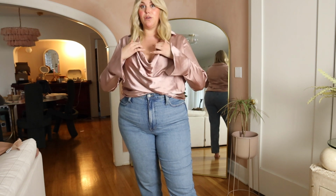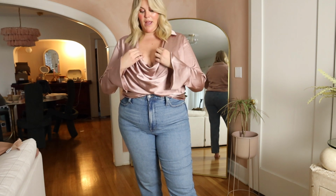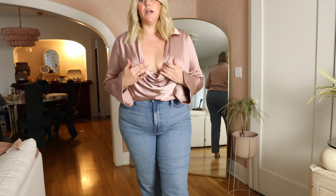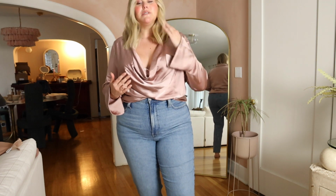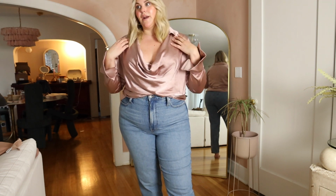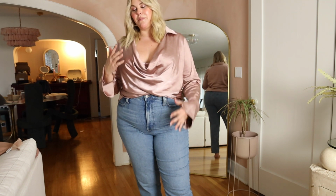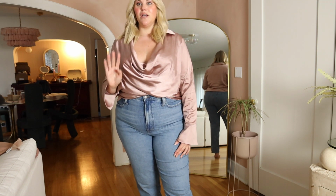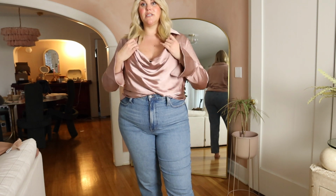You could also use double stick fashion tape if you're comfortable not wearing a bra, and stick it on the skin here so that it's not gonna fall off and you're not gonna get a wardrobe malfunction, little nip slip moment, you know what I mean? The next solution is to use boob tape. If you're wearing something that has an interesting back or something like that, I'm gonna go into boob tape in a second. But my favorite solution for anything that's very low cut like this,